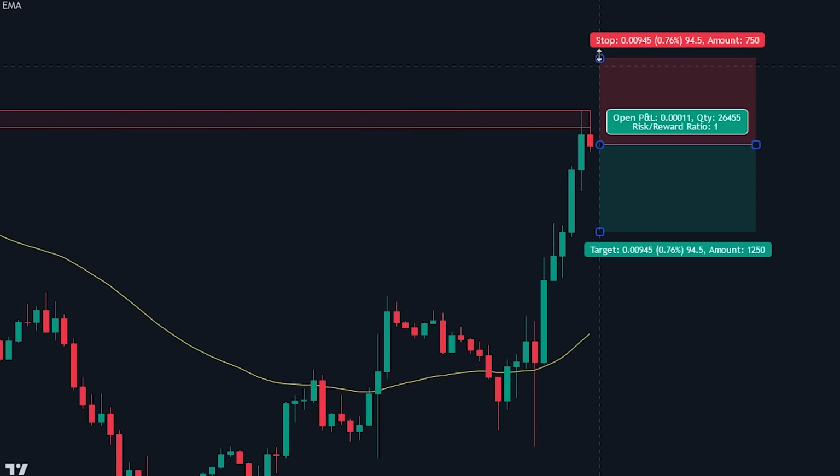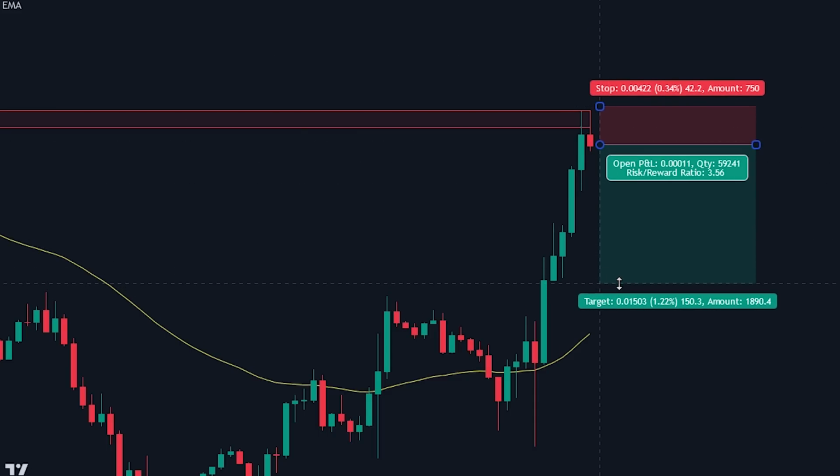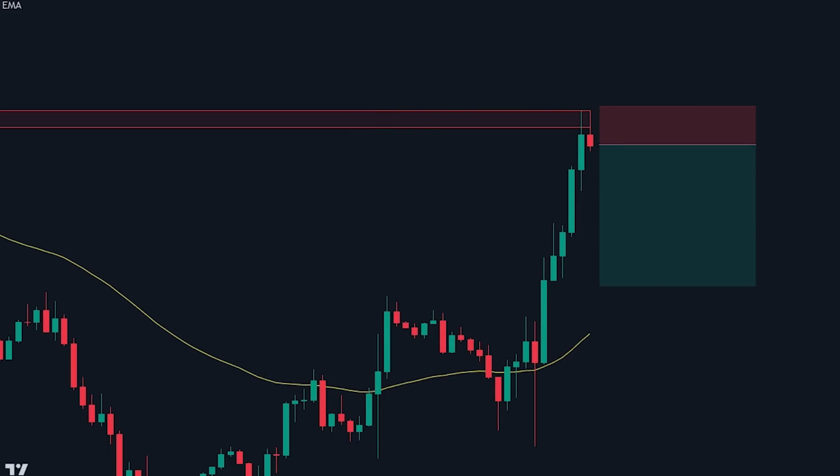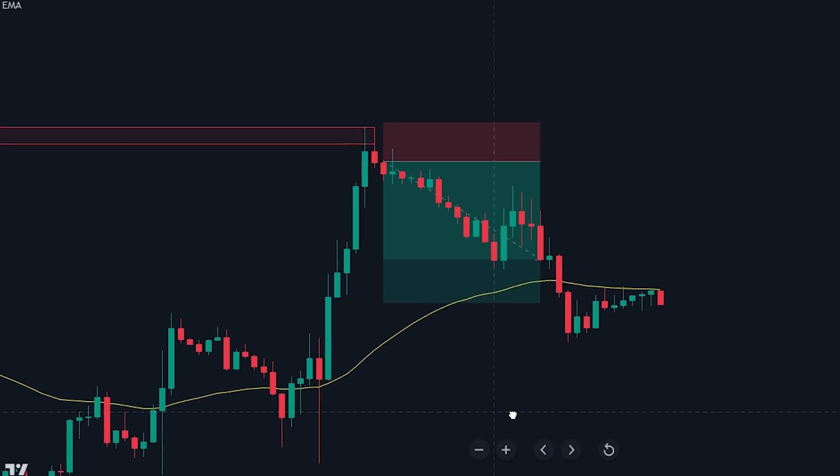We will be placing the stop loss at the recent swing high. For the take profit, we will be targeting a recent swing low, aiming for a risk-to-reward ratio of at least 2. Now let's see how the trade plays out. As you can see, the inside bar pattern is extremely versatile and can be used in many different ways to